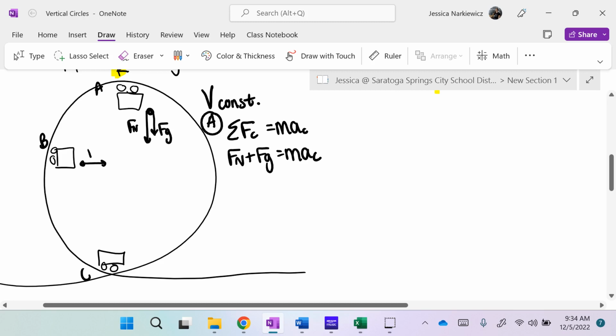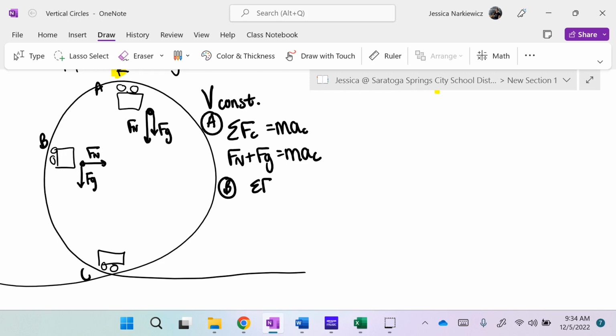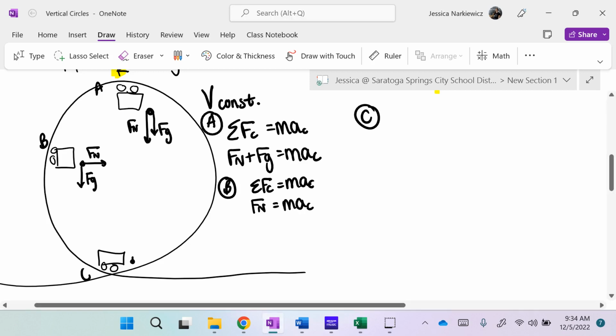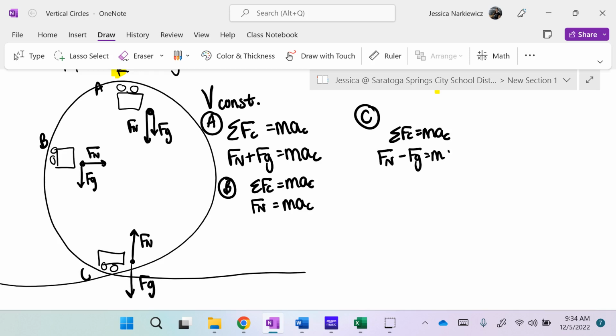At B, just the normal force is going to create the centripetal force, because just the normal force is pointing in towards the center of the circle, or in the direction of the circle. And then at C, I have a normal force pointing upwards, an FG pointing downwards. And at C, my normal force is going to be responsible for moving me in a circle and fighting FG. So if you've ever wondered why you feel extra heavy at the bottom of the loop-de-loop, that's why, because our normal force is the greatest at the bottom of that loop-de-loop compared to, say, the top, where we might even